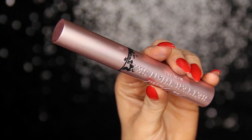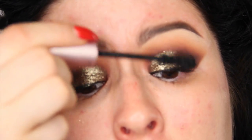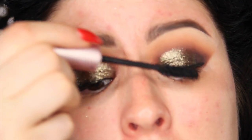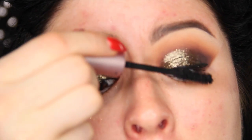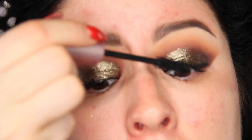But I did go ahead and do my mascara. I use the Too Faced Better Than Sex mascara. I really, really like this mascara. It's really black. It makes your lashes really, really thick, and it does lengthen them as well. I used to not care too much about mascara, but lately I have kind of been...